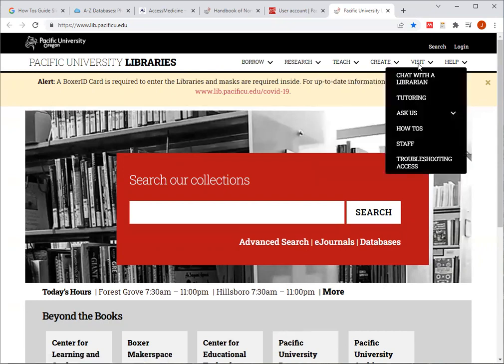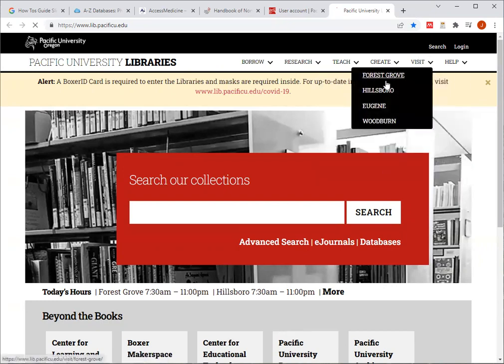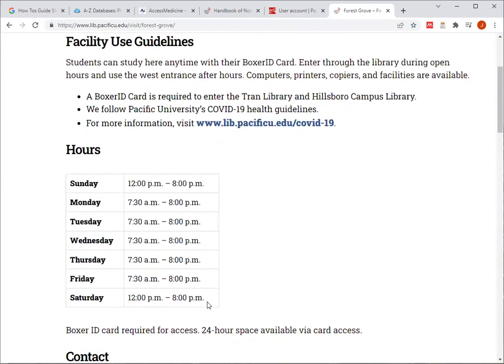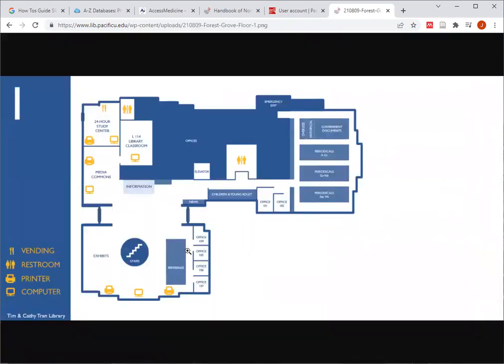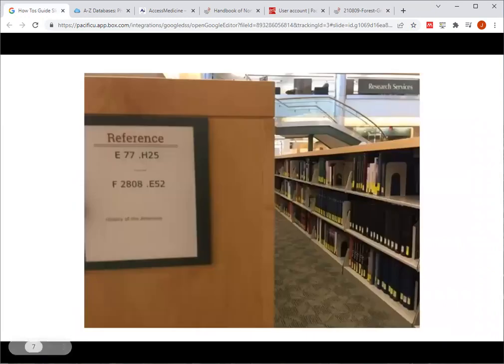We'll click Visit and Forest Grove. And then if we scroll down the page, we can see the map. We click on it, and we can see it's on the first floor, and we can see reference right here. We'll walk to the reference shelving area in the Tran Library and look on the ends of the shelves to see if we can find the shelf that would have E77 H25 on it. It goes in alphabetical order and numerical order. So it would be on this shelf because it's between E77 H25 and